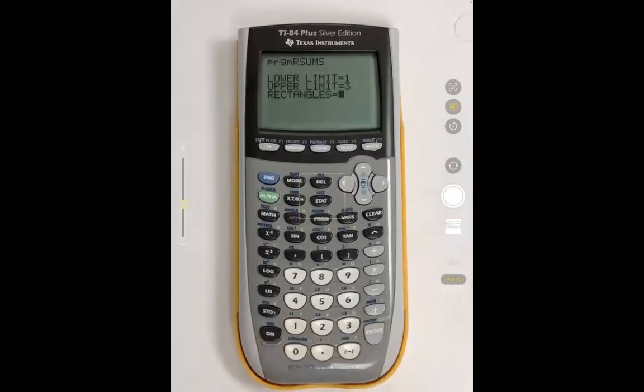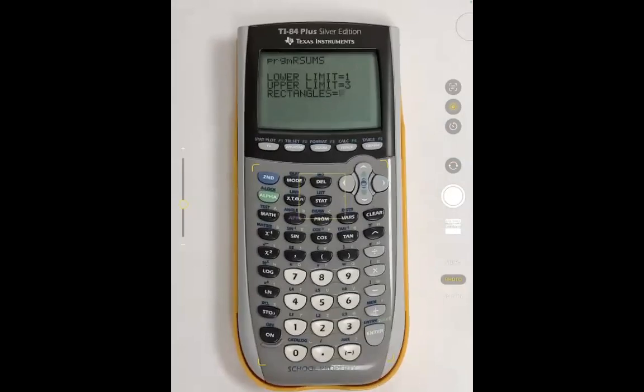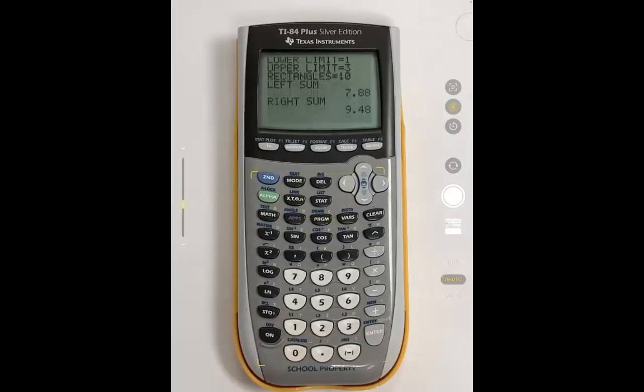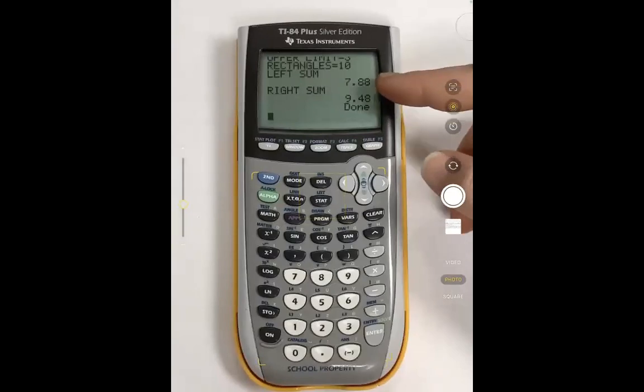But then it comes up with this thing called rectangles. And it'll either tell you how many rectangles to put in your homework, or you can calculate it, which we'll go over in the lesson. And it really just depends on how accurate the area is going to be with how many rectangles we use. But let's say we're using, I don't know, 10. So if we calculate 10 rectangles between those two values, it'll tell you your left sum and your right sum. And the difference between the two is